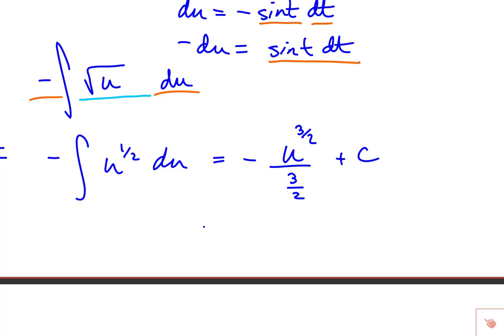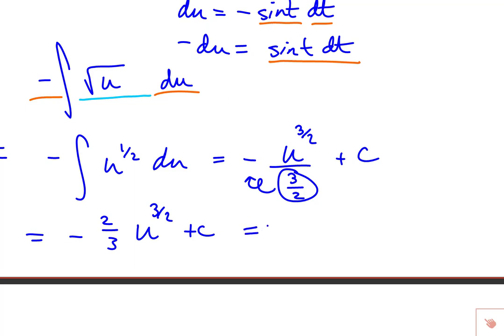And then we can simplify this, of course, more. First of all, this 3/2 in the denominator could be flipped up with a reciprocal, so we end up with negative 2/3 on the same level here, and then we have u to the 3/2 plus c. But then, since we already did the anti-differentiation here, we also want to go back and replace u with what it was originally